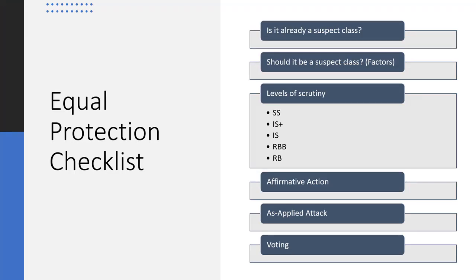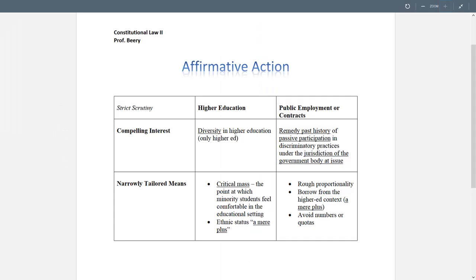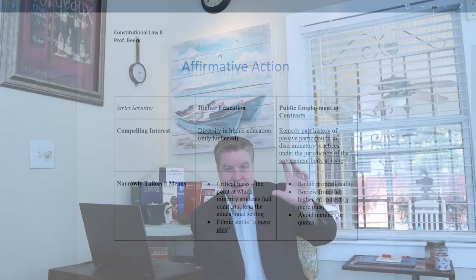Now, as to one of those suspect classes, ethnicity, one of the most tested topics on the bar exam is affirmative action. So you need to know your affirmative action grid. My sense is that most students are pretty comfortable with that. You've got to figure out what kind of case you're talking about. Is it higher ed or is it employment? If it's a higher ed case, and you have your actual handout grid with you, you're arguing that the compelling interest is diversity in higher education. And then as to the means,